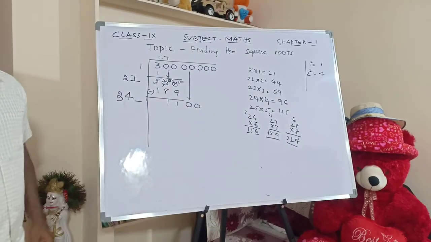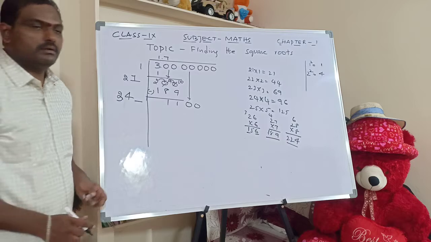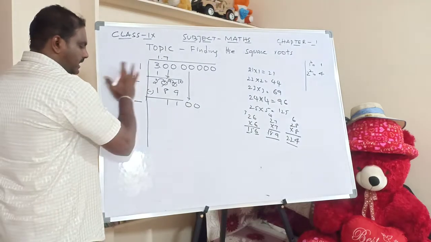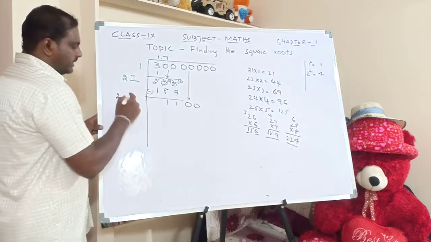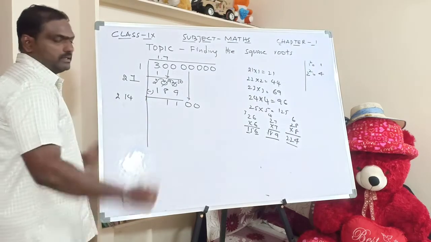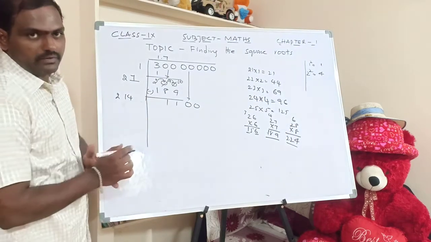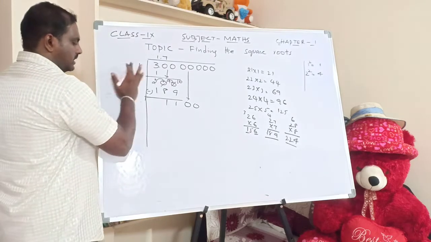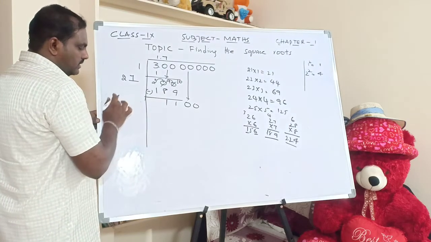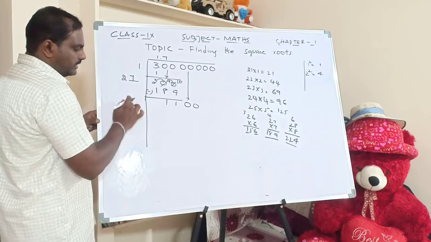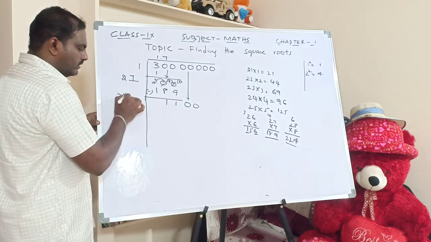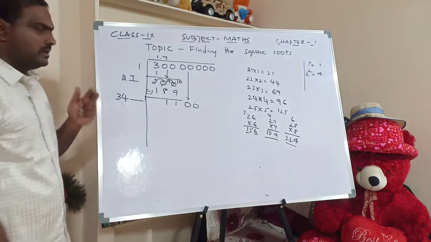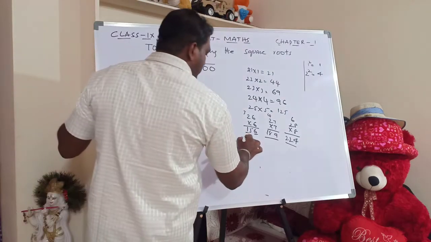Now it is blank. I got 34. How did I get 34? Actually I should write 2 here and I should double it. So if I double, it will become 214. So don't write 214. What I should write is, I have to write 2 here and it is 14, 4 here and 1 should be borrowed. So it will be 3, 4, blank. Next. So what is the next step?